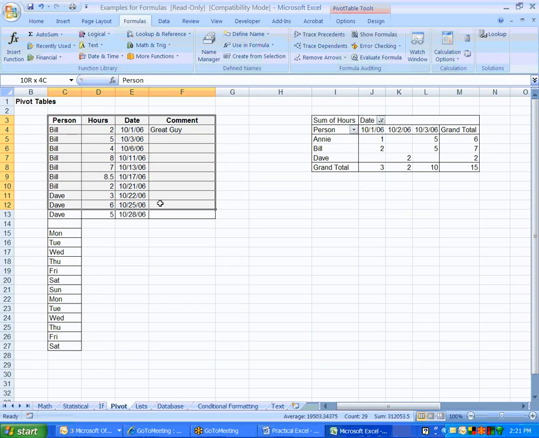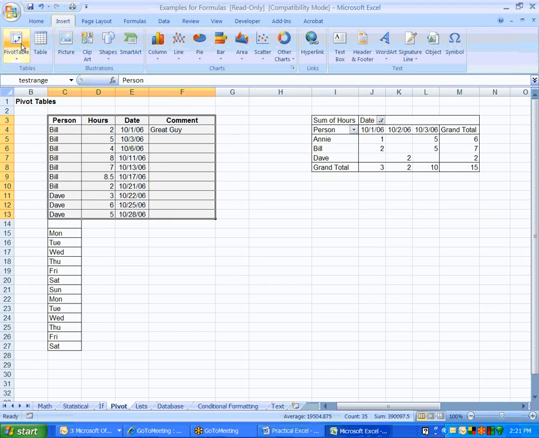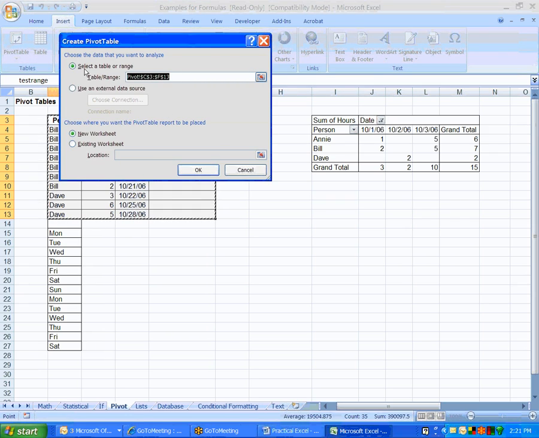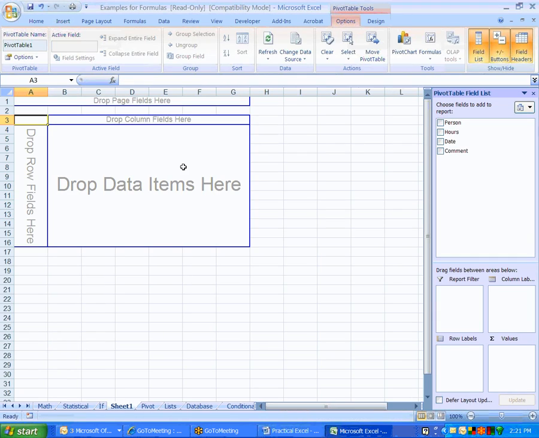But in these, all you have to do is have a range of items that you want to do a pivot table on, and you have to have a unique header on each column. Each one should have a name. So you include the column header and all the data, and you go up to Insert, Pivot Table, and then it should have highlighted already, but if it hasn't, you can select the range here. And then, for our example, we'll just use a new worksheet. And then it has this nice little way now